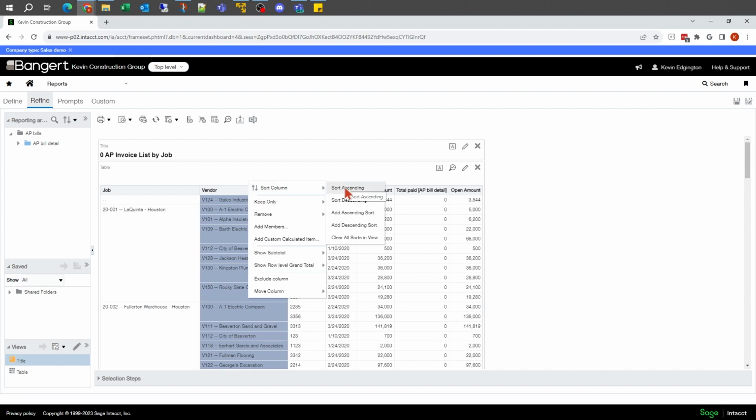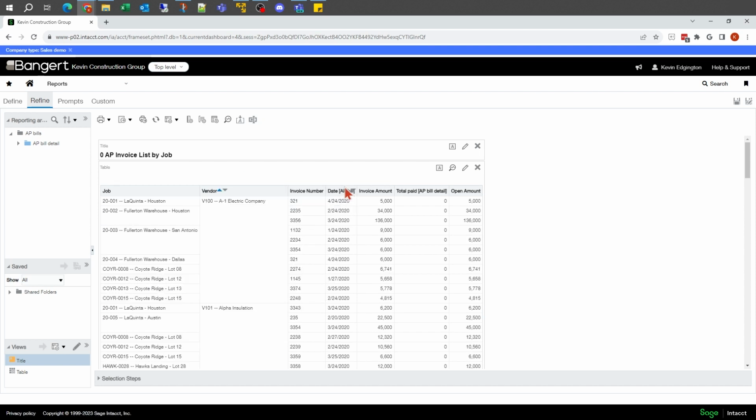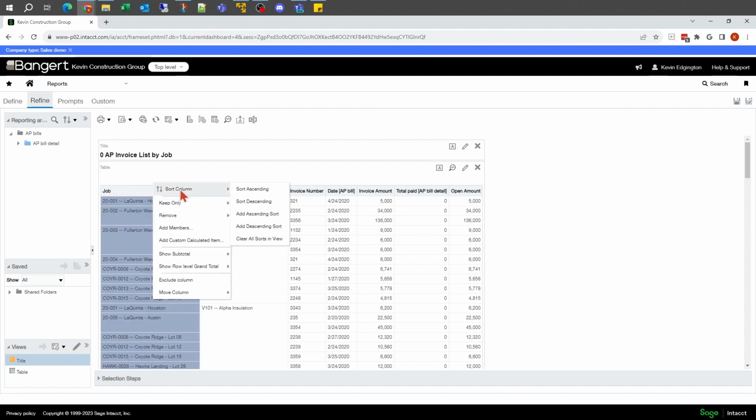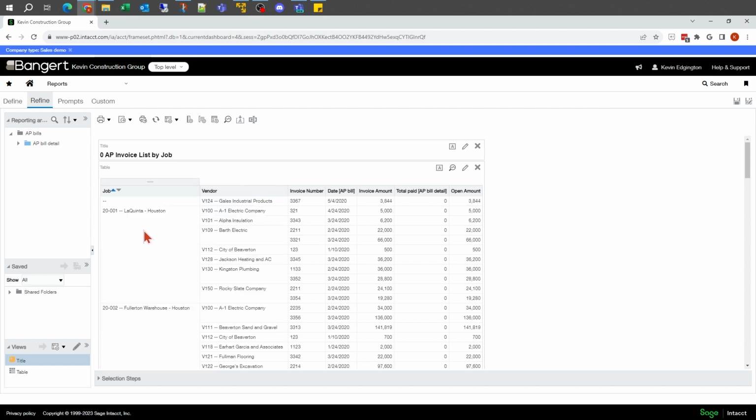If I say sort ascending here, now it completely changed the perspective of this report a little bit, because now it's sorting first by A1 Electric and Alpha Insulation and the different jobs that are associated with this, versus if I right-click over on my job and say sort ascending, that'll go back to what I had previously where it sorts first by this, and then I could sort by something else.